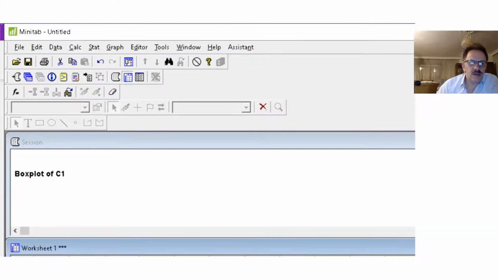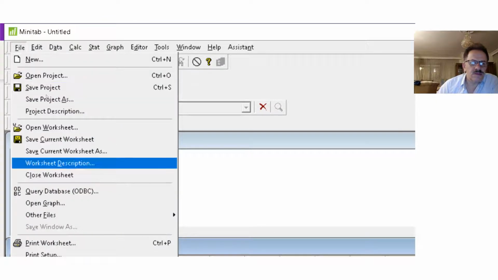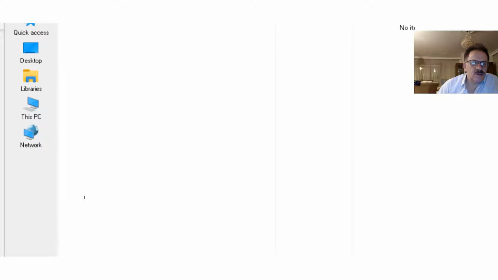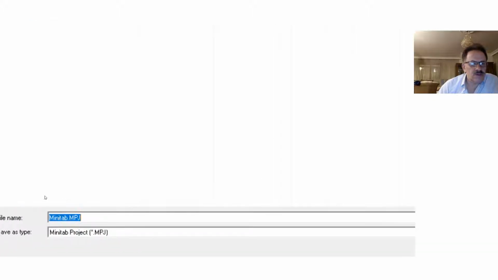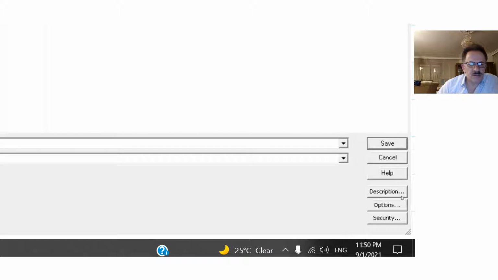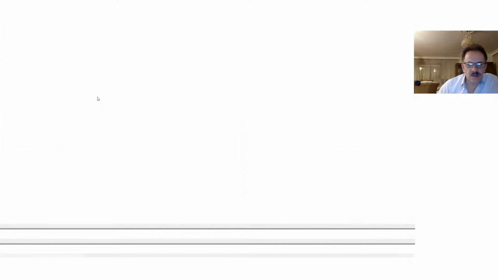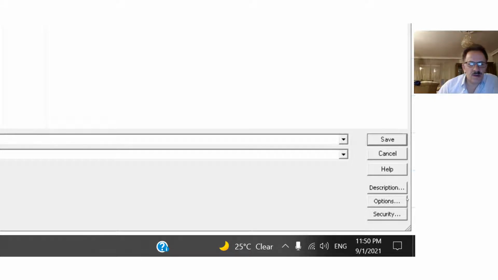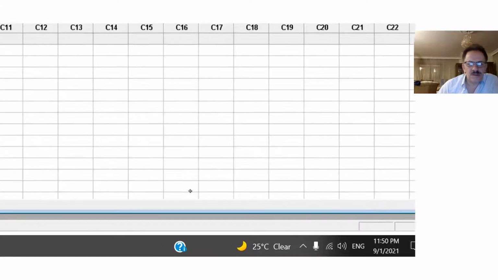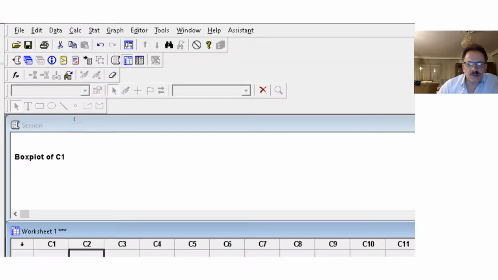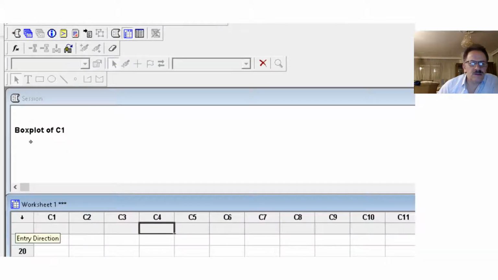Now what else do I have to save? I have to save this data. So be aware that when you want to save, you have to save all the project together. Save the project. Let me say this is project 1, and this is for assignment 1, and save it in the same folder. Which folder do I want to save? I say I want to save in that folder. Then it's okay, and then the Excel file will be saved here.